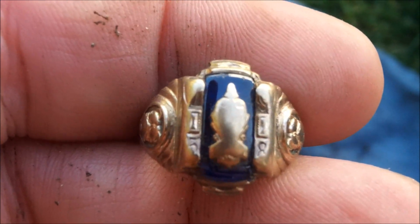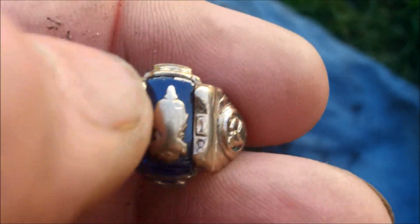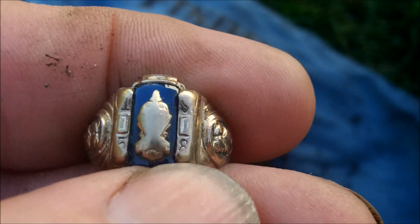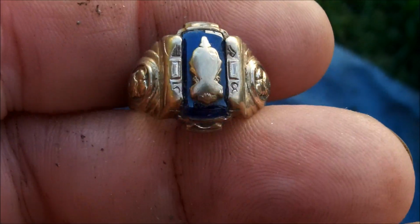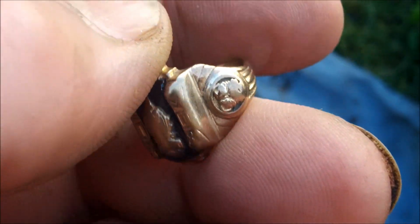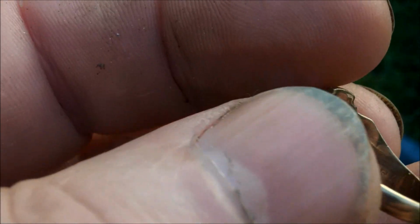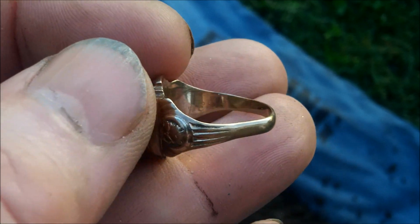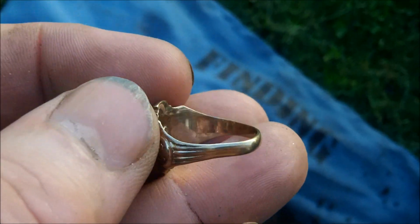It's almost worn off. But there's a 1 and a 9 and a 5 and an 8 down here. And then there's no name of the school or anything. But on the inside, it's marked Jostin 10 carat, and then it has cursive initials on the inside, P-E-D. So I'm going to try